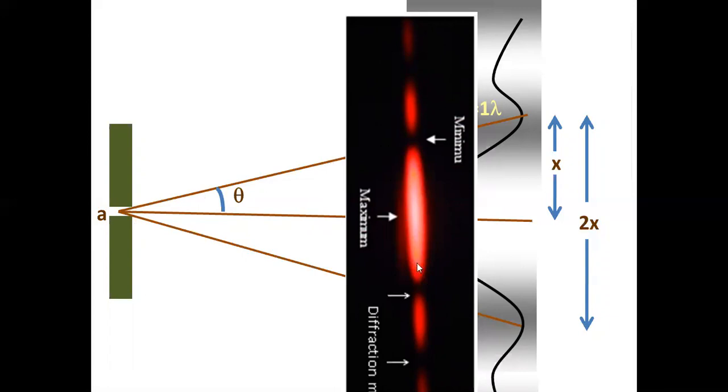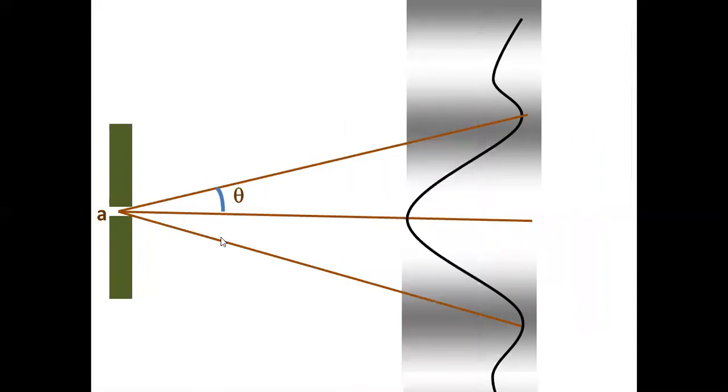This is angular width. Suppose you take a scale and measure this length, then it is called linear width. Linear width is 2x, angular width is 2 theta. This is 2 theta. So this is an important factor in the problems and all. The problem is easy, but you must know what it actually is. So what is the angular width of the central maximum? If you want to know the angular width of the central maximum, what are you going to search? Suppose you are calculating how much area of space you have in your house, from where to where you have to move? You have to move from the left compound of your left side neighbor to the right compound of your right side neighbor, isn't it?